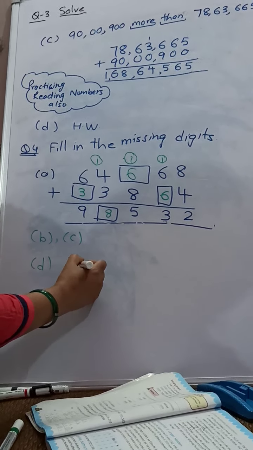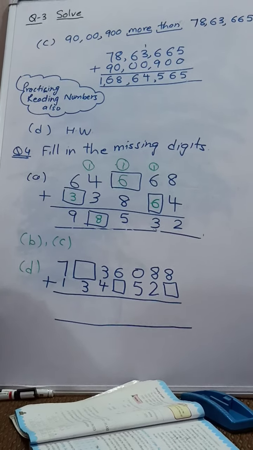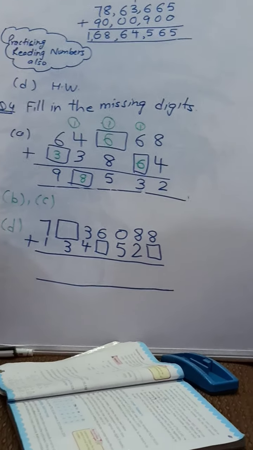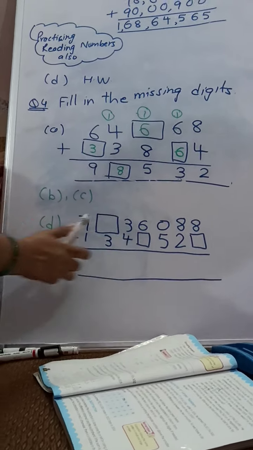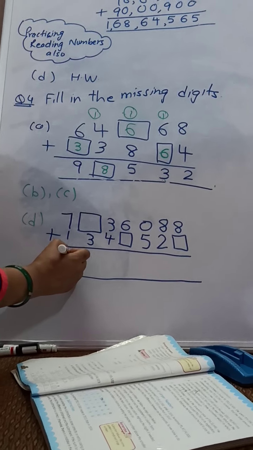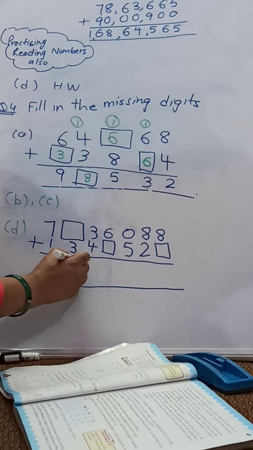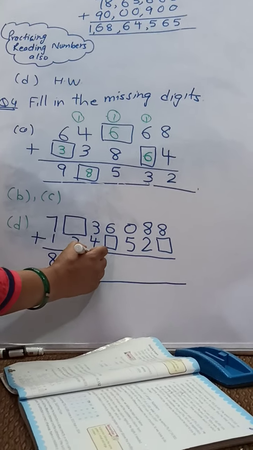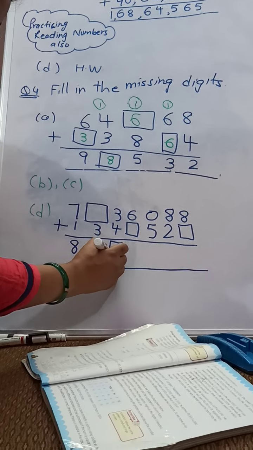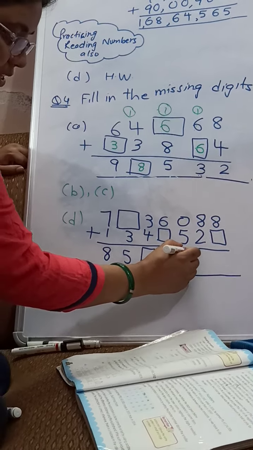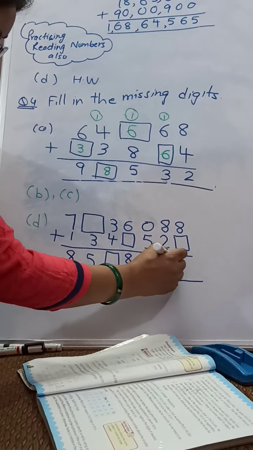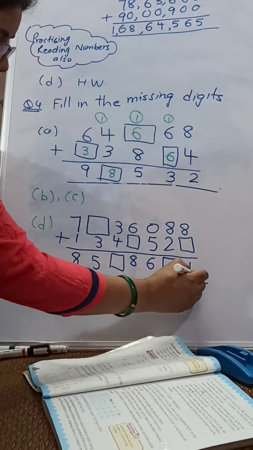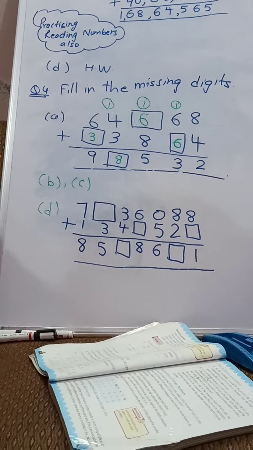Children, please look at this portion very carefully, because first you have to see the technique and then you have to practice. Then only you will be able to do it easily. Now, the sum is also given. This is 8, 5. Here both the digits are given, third one not given. Then again we have 8, 6, this is a blank, and 1. So this is your question number 4, D part.